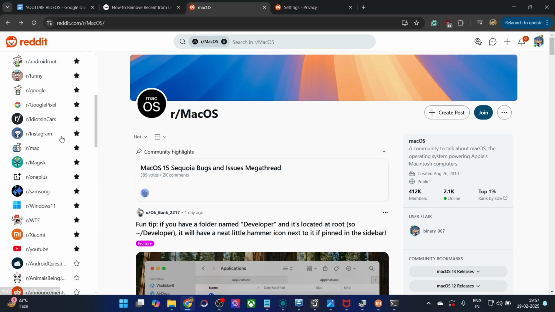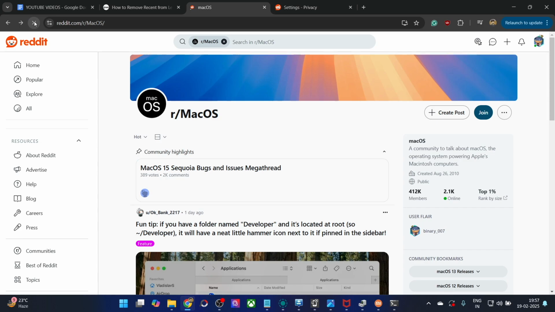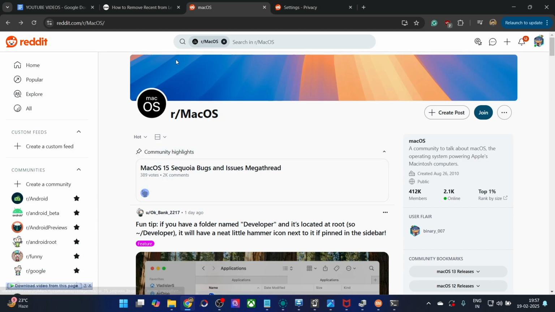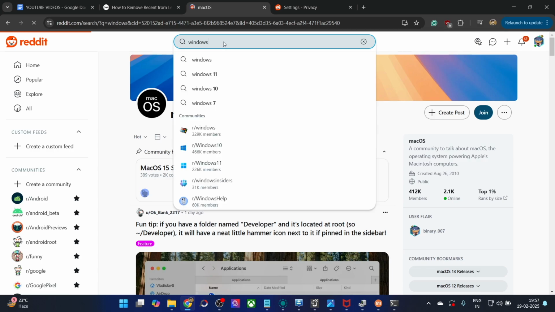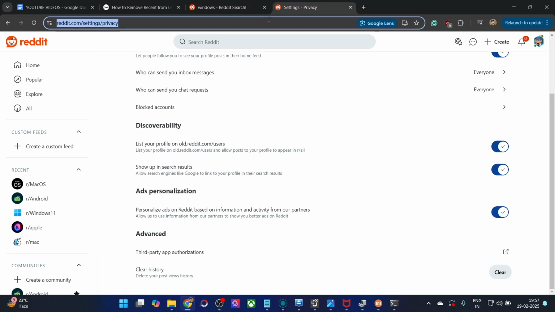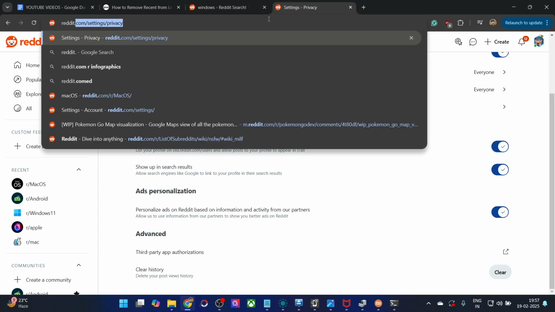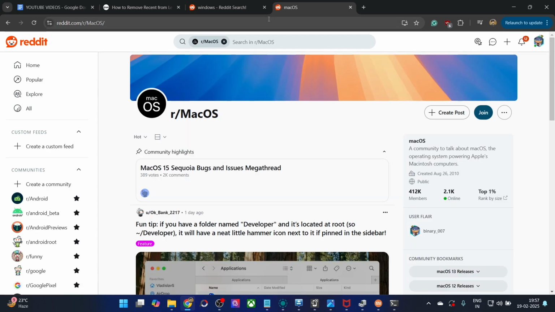As you could see, it's now hidden and there is no coming back. Even if you do a refresh, or let's say we go to any other forum. Let me go to the Windows forum and let me show you that as well. You will see that it's no longer there, it's hidden. And let's try to open it in a new page as well. Let's say Reddit Mac OS in a new tab, and let's have a look. So as you could see, it's not even there in the new tab. So the recent section has been removed.